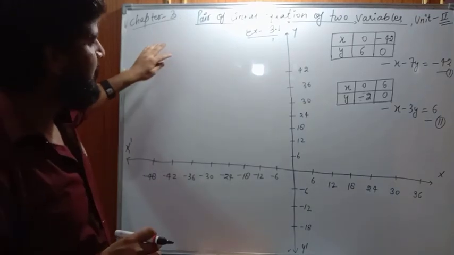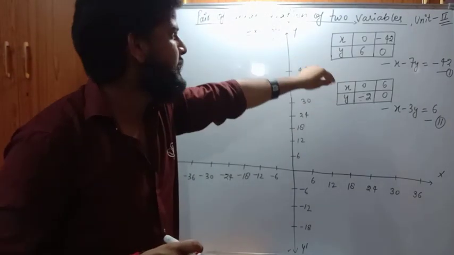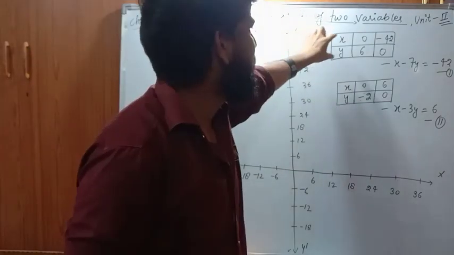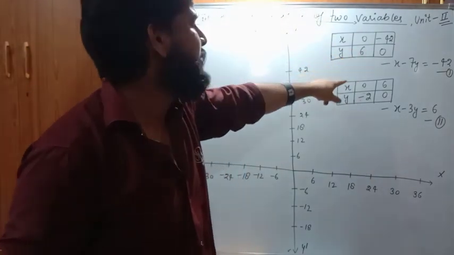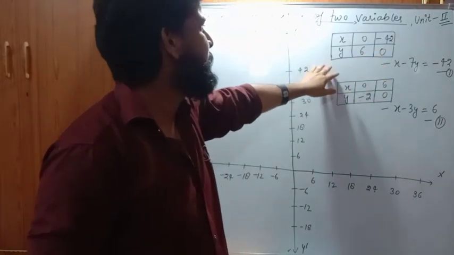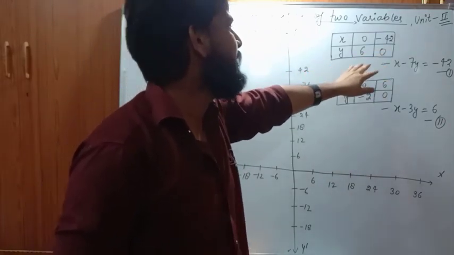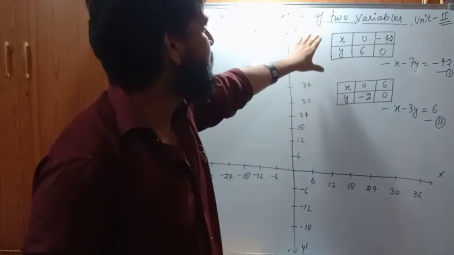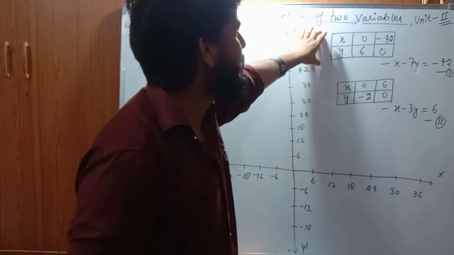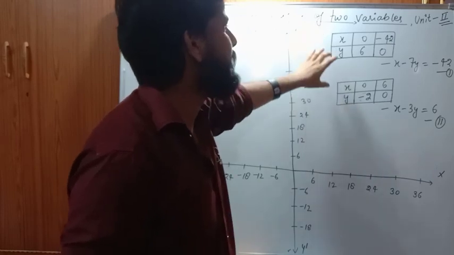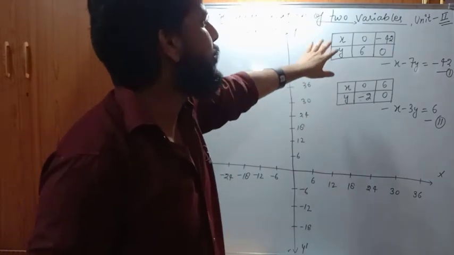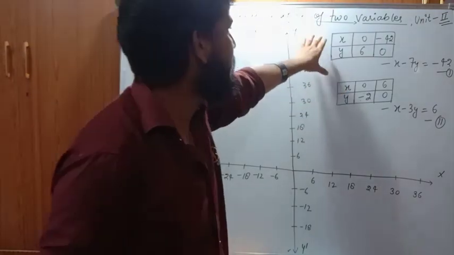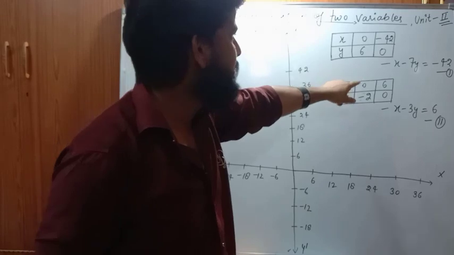So now we will make a graph with the help of these two solution tables. See, you can put any value of x, with respect to it you will get the value of y. You can put any value of y, with respect to it you will get the value of x. Same for both equations. ऐसा नहीं आपको ये याद ही रखना है कि यही हमको वैल्यू पुट करनी है तभी ग्राफ बनेगा. You can put any value, आप कोई भी वैल्यू पुट कर सकते हैं. ठीक, but for making a graph we have to get two values.